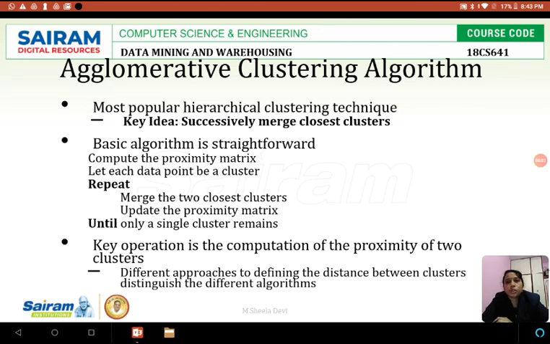This is the part 2 video of agglomerative clustering algorithm and hierarchical clustering. So we have started with what is hierarchical clustering and agglomerative. Now we'll see how to compute the hierarchical structure using agglomerative clustering algorithm. We said these are the steps to compute the